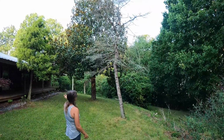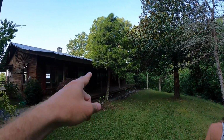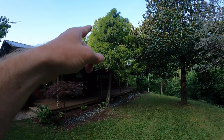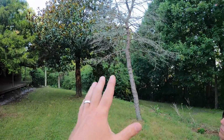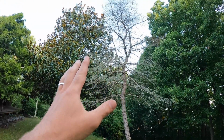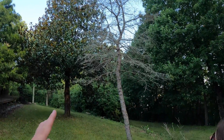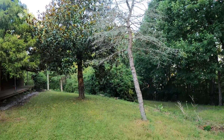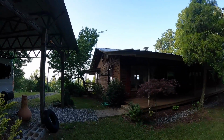Really, what I love about these evergreens, like this spruce here, and I don't know what kind this is. What kind is this one, sweetie? I forgot. Some kind of a cedar of some kind. But anyways, I love they're kind of like dwarf evergreen trees. I mean, obviously they're not dwarf. This one's 25 feet tall, 20 feet tall, but they're not massive either. So we can plant them here by the house, and they just add such a nice